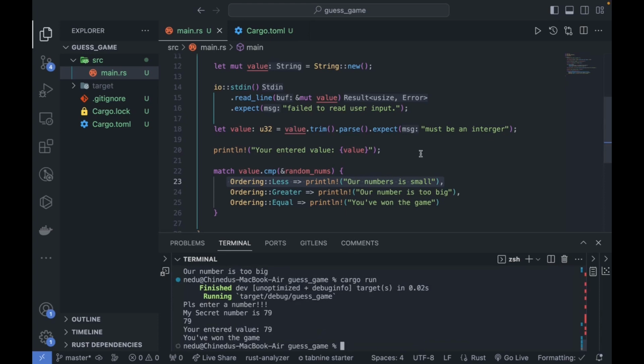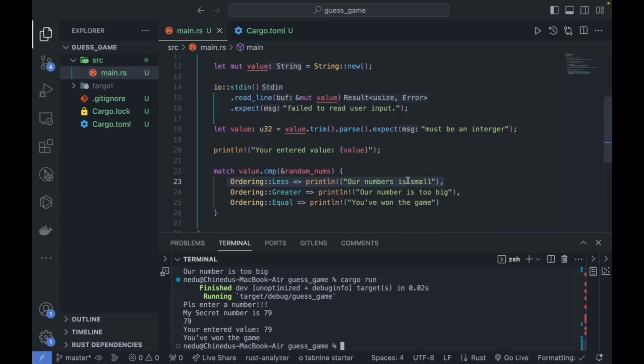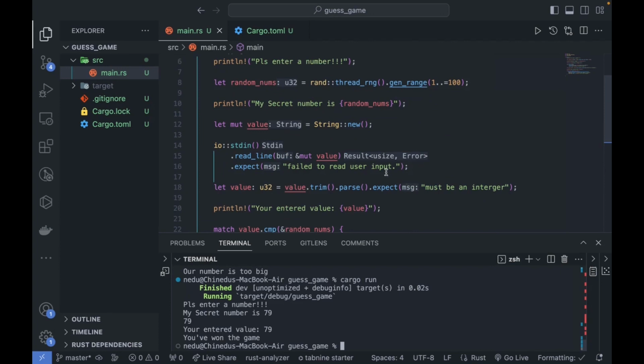So at this point, we've completely built out a functional game, but there are some minor improvements to make, which we're also going to be touching as we go on. And those improvements have to do with the way the game ends abruptly. We're going to stop that and include something that allows the user to guess multiple times, and we'll do that using a loop, basically. So in Rust, we have something called the loop keyword, and this loop keyword is going to enable us